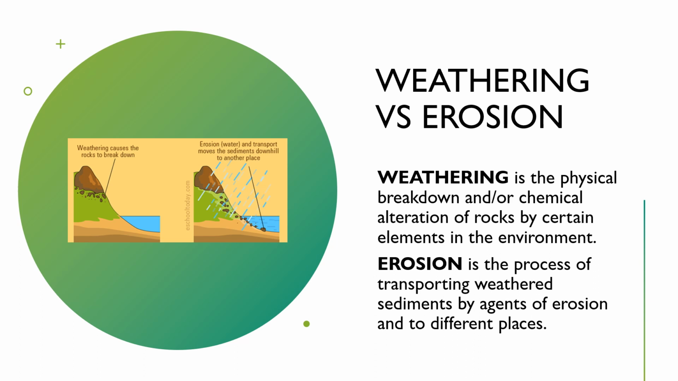Now the question is, is erosion the same as weathering? From the previous lesson, you learned that weathering is the physical breakdown or chemical alteration of rocks by certain elements in the environment. In comparison, erosion is the process of transporting weathered sediments by agents of erosion into different places. As you can see in the picture on your left, it shows the relationship among weathering, mass wasting, and also